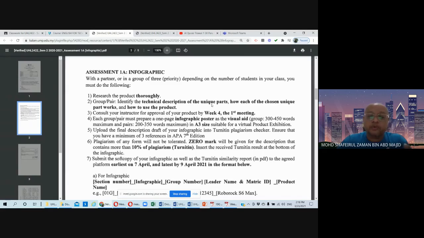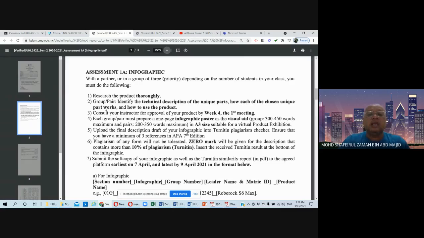At the same time, you need to also find how each of the chosen unique parts works. Let's say if it requires a special gear to move that particular part, then you need to be able to identify that procedure, and you're going to explain it when it comes to your presentation.